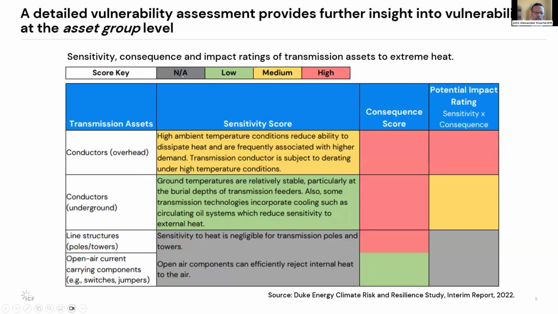The vulnerability assessment can go down one level of abstraction below and then look at assets within an asset group. So here we're looking at transmission assets: the overhead conductor, underground conductor, the structures, so the poles or towers, and then other components like open air switches and the like. And we're looking at those sensitivities to heat and consequence to heat. So just as an example, the yellow here, the overhead conductors, showing a medium sensitivity to heat, right? So heat is important, and